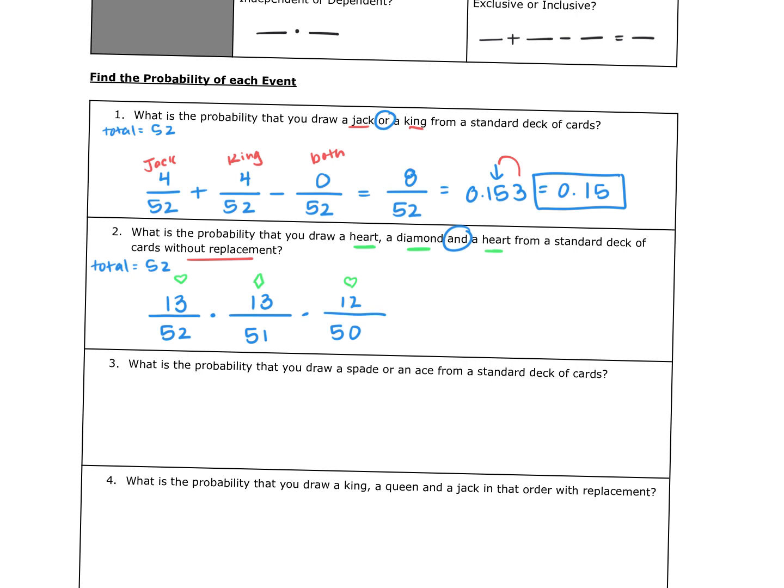hearts left in there. Okay, so I'm going to multiply my top, 13 times 12, and I get 2,028. And then I'm going to do the bottom, 52 times 51 times 50, and I get 132,600. And now I'm just going to divide those out. Because I'm dividing it out, I don't need this line right there. So when I divide those, I get